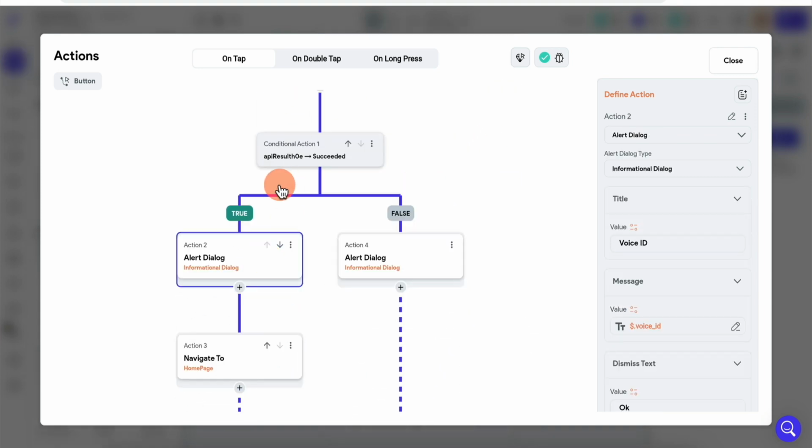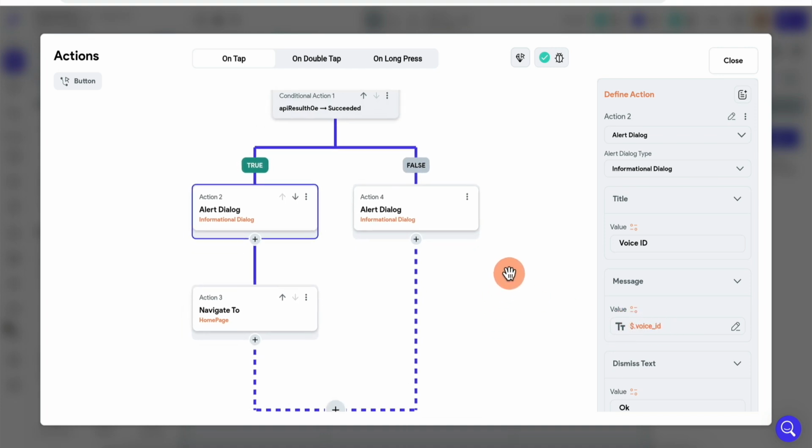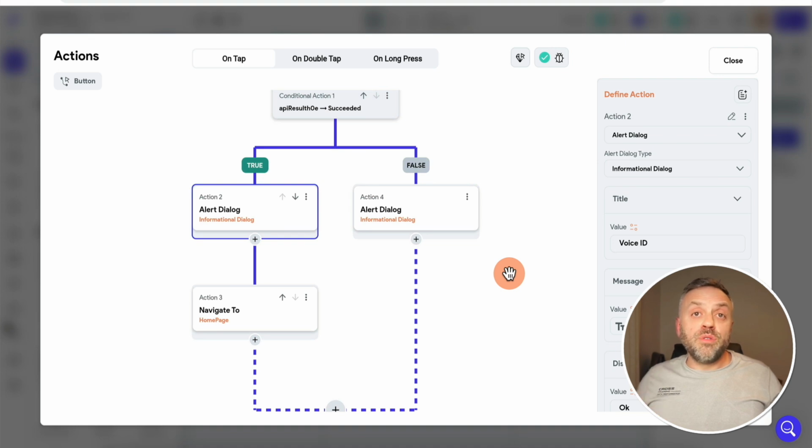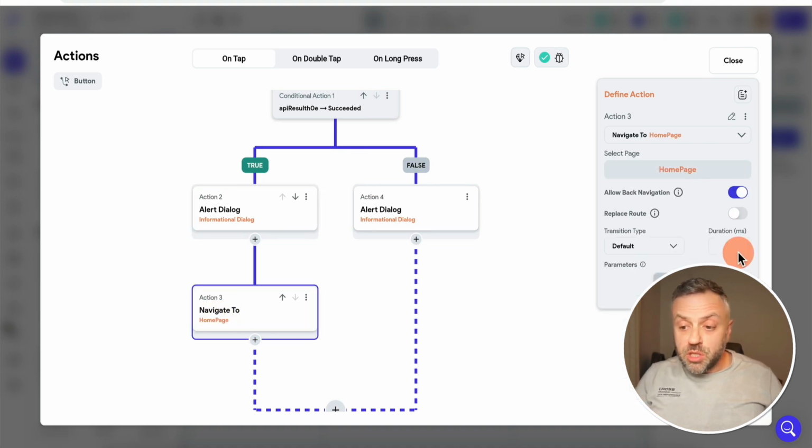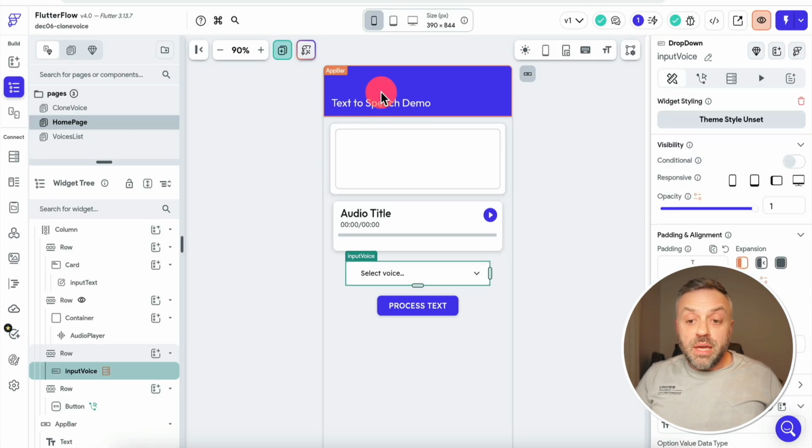Now, once that API returns successfully, we are simply going to be displaying this voice ID. And this is kind of like a debug message, but it's useful when you're developing an app, because if you've gotten a valid voice ID back, that means that everything is fine and we were able to clone a voice. And last but not least, we're essentially navigating them back to the home page. And on this home page, they can pick a newly generated voice, because when they come back here, this list is dynamic. And anytime they land on this page, this list will actually make an API call and get all